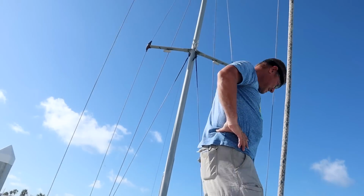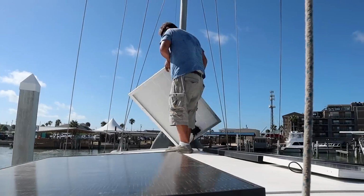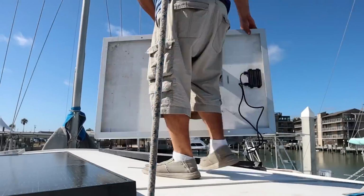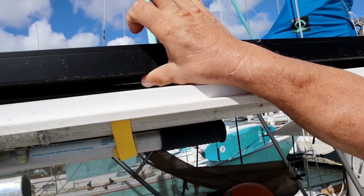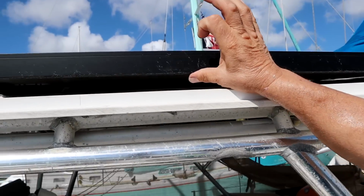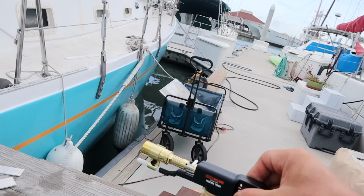What are you doing? I'm configuring the solar panels. If they're up a little higher, it's easier to grab onto this. Probably gonna have to custom make some brackets out of aluminum. Maybe it's wrong, and I'll end up having to change this, and I'll have a whole bunch of holes in my bimini top to fill, but